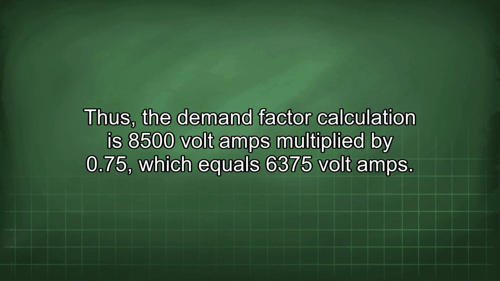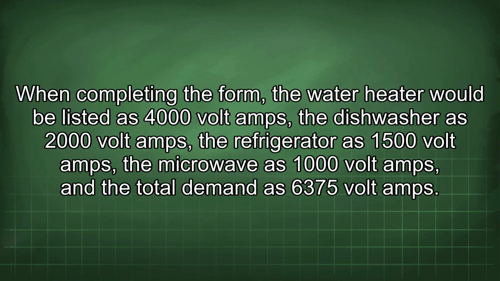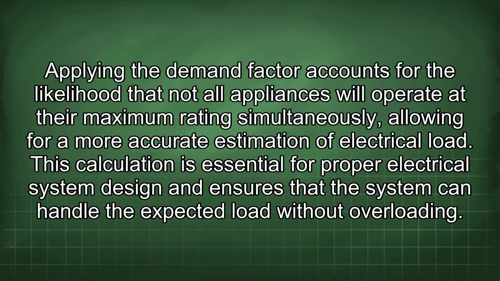6375 volt-amps. When completing the form, the water heater would be listed as 4000 volt-amps, the dishwasher as 2000 volt-amps, the refrigerator as 1500 volt-amps, the microwave as 1000 volt-amps, and the total demand as 6375 volt-amps. Applying the demand factor accounts for the likelihood that not all appliances will operate at their maximum ratings simultaneously, allowing for a more accurate estimation of electrical load. This calculation is essential for proper electrical system design and ensures that the system can handle the expected load without